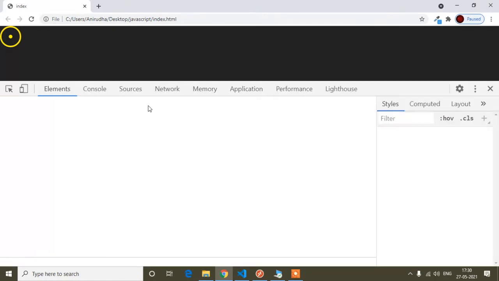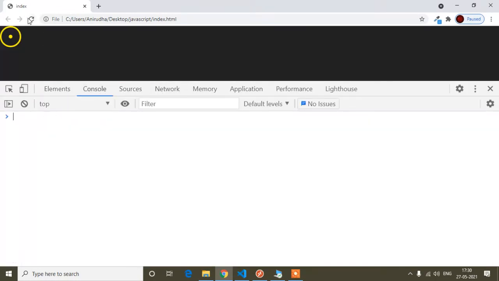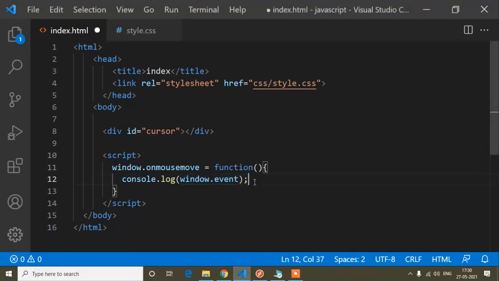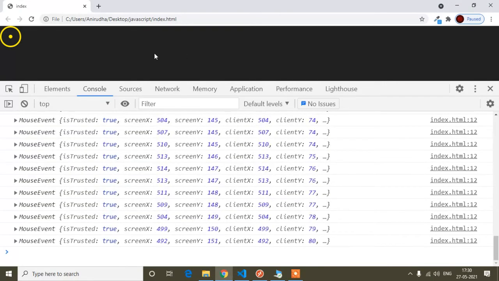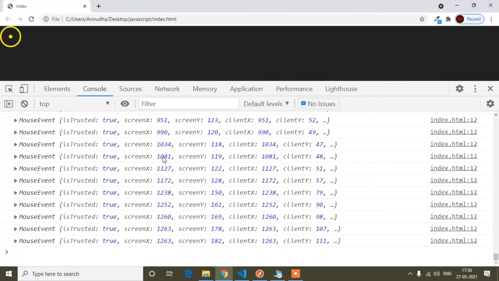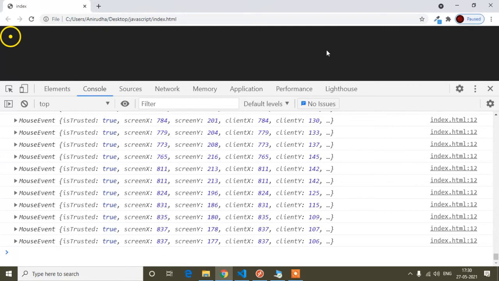Now if I open the console and refresh, and move, it's not working. So I will save again. Now you can see that when I'm moving my cursor in this window, it's returning the mousemove event.